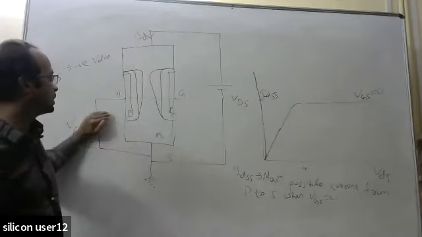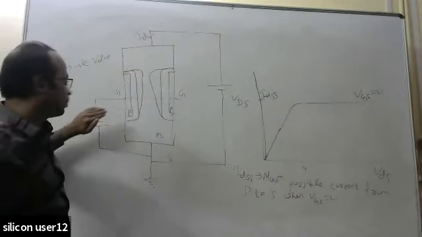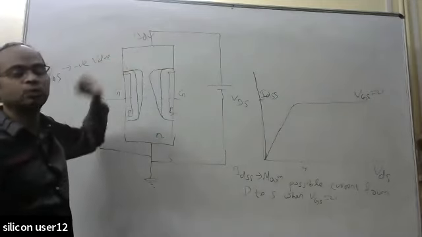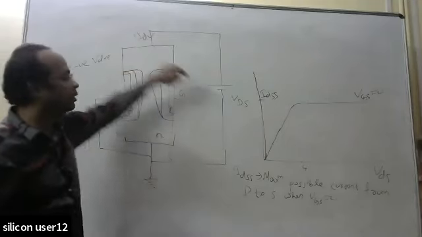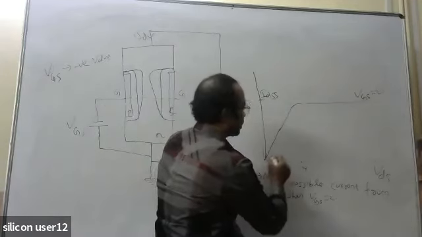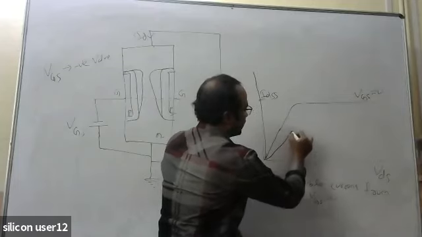Initially when VGS equal to 0, there was a small depletion region, but when we give VGS negative, this initial depletion region is widened. Okay, so if that is more, then with a lesser VDS value also they will touch each other. That means if for VGS equal to -1 I draw a curve, initially it will go on increasing.